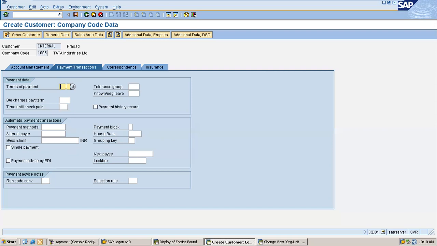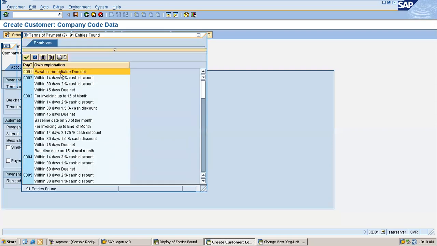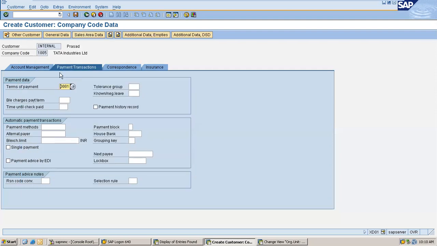So this payment term will be immediate for the retail industry, payable immediately due net. Because in the retail industry, your customer business relation is not regular. If I want to buy some clothes, I go to any shop. Let's say I go to Bangalore Central today. And maybe I might not be visiting this Bangalore Central even in 1 year in future.